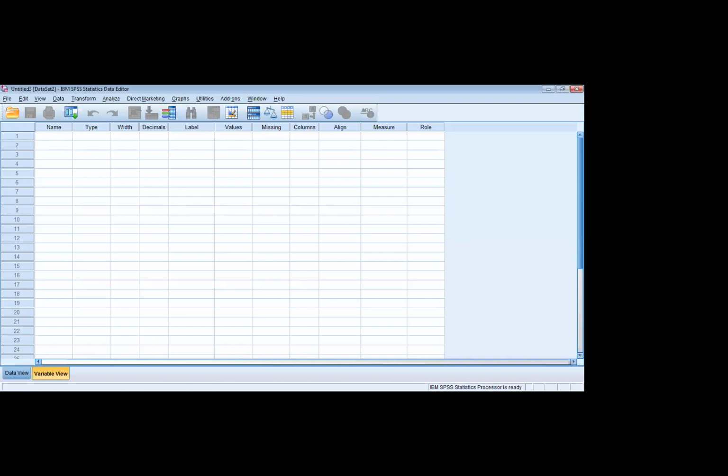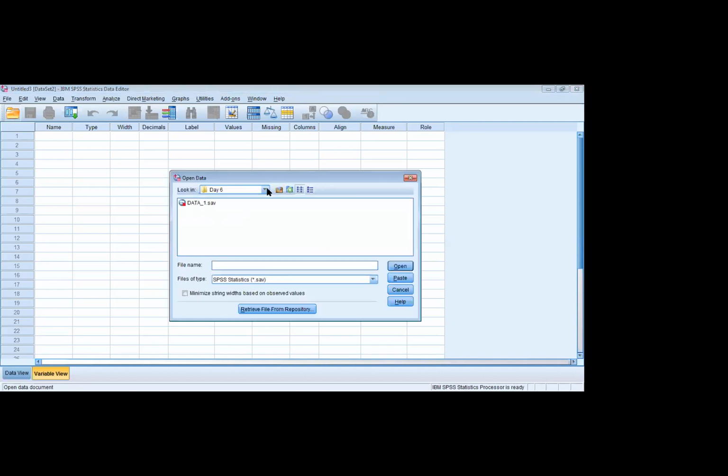Okay. This is a new window of SPSS, and we need to open our data from Excel. To open our data from Excel, we need to go to this folder icon. When we click on it, we get a message tab from where we have to obtain the data.